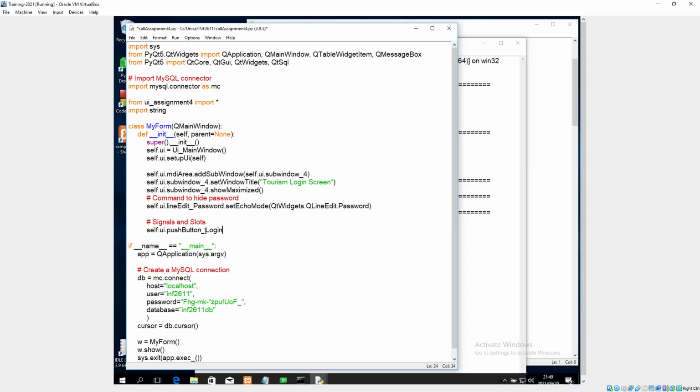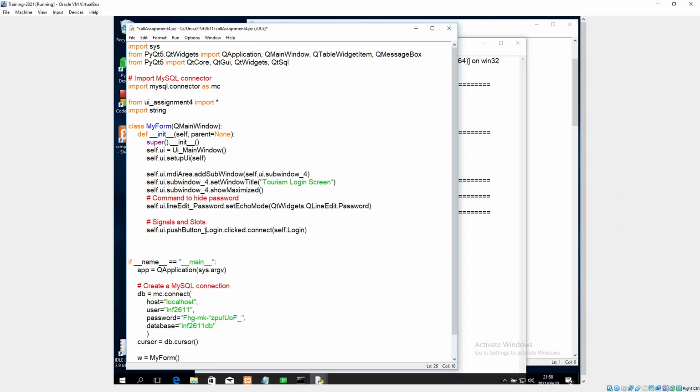Push button login, and what we're doing is we're using the clicked event and we are connecting it to our own slot, which is called self.login. Okay, and as I said, I've created a whole lot of other signals and slots for all the other things that are there, but for now I'm just going to set it so that we can